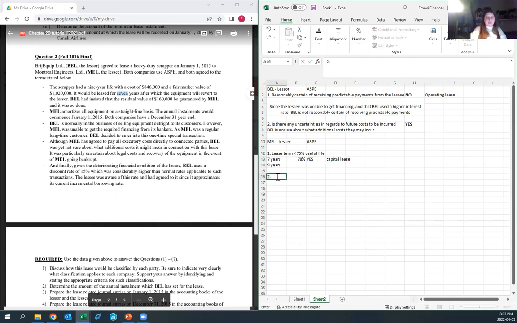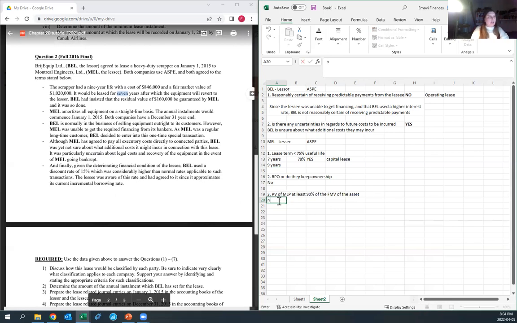The second one is: is there a bargain purchase option, or do they keep ownership at the end? And the answer is no. So this one is not fulfilled, but that's okay because the first one is. And number 3 is: is the present value of the minimum lease payments at least 90% of the fair market value of the asset? So here again, we don't have the amount of payment that they're making each year. So we're going to have to calculate it, using the present value of the MLP as the fair market value of